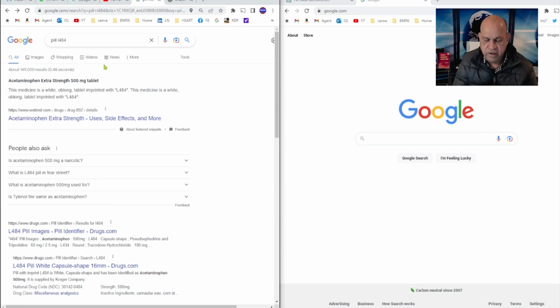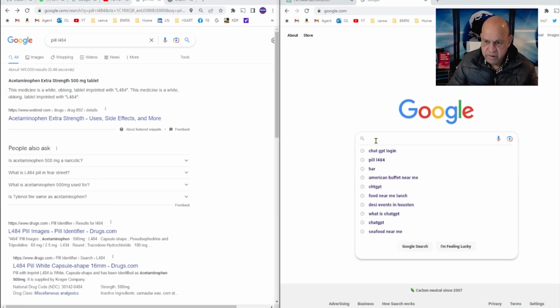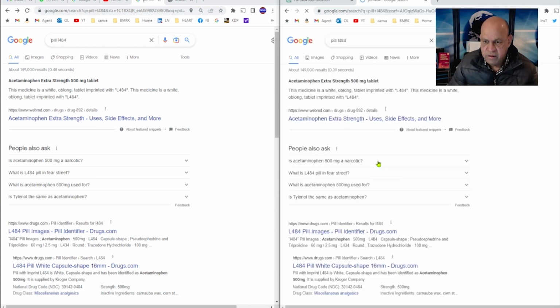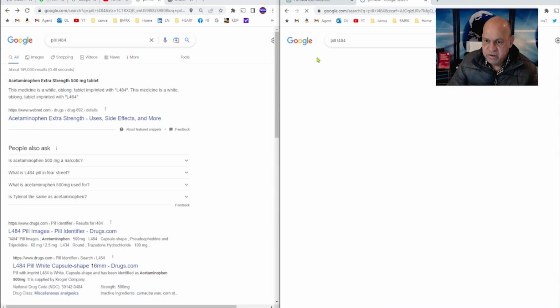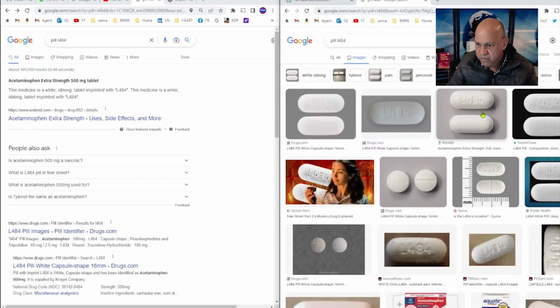So what you can do is you can go to Google search and type the letter pill, which is L484. That's what the pill is. And look at that. Google showed acetaminophen extra strength 500 milligram tablet. All right. So not only that, you can go to the images and look at this 484. Then here it is, acetaminophen extra strength oral pill. So when it comes to images, when it comes to graphics, Google has an advantage over